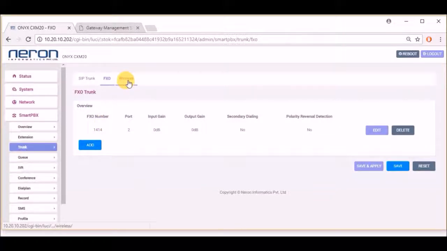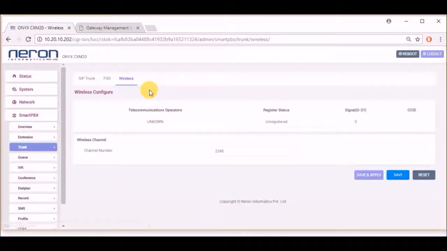Now we'll move to the wireless section. As you can see, I haven't inserted any SIM in this SIM port. So here you can see channel number, wireless channel. You can give any number, like in this case I'll give 1515.